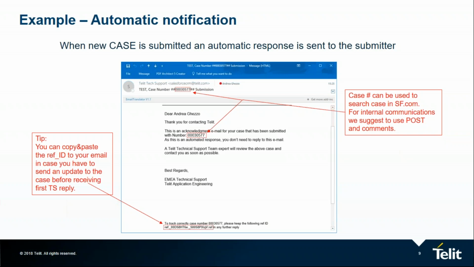So as an example, if you have not yet received a proper reply from the support team, but you want to send an update to a specific case, you can just copy and paste the reference ID to your new email, in the body of the email. It's not important where you copy it, just be in the body, and you can send your update, a reminder, or whatever to the support,